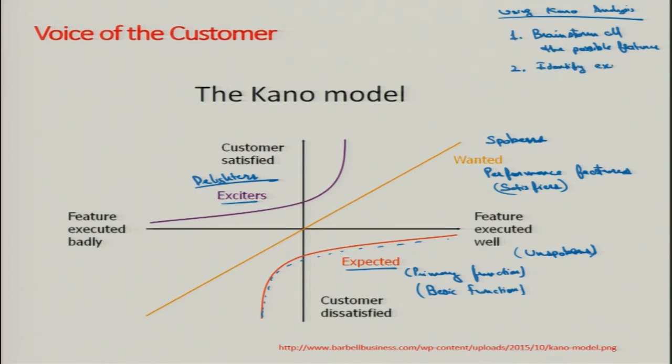Identify exciters. Then we can use the Kano model to classify all the features as basic, satisfier, delighter, maybe indifferent. These are something which are indifferent, it does not make any difference. And there is one more thing, reverse. If customers expect something, they expect the product to delight themselves, but the company is not able to do that, this acts as a reverse. So, this is reverse.